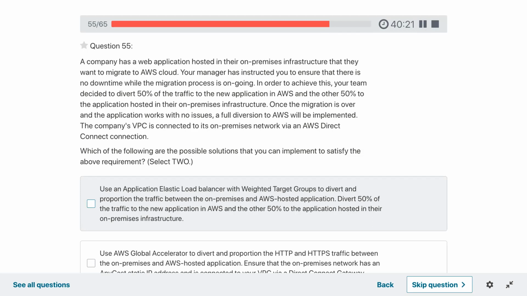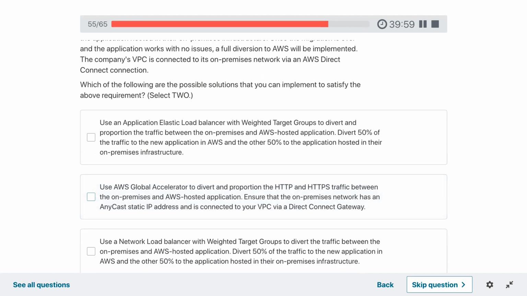Once the migration is over, if the application works with no issues, a full diversion to AWS will be implemented. The company's VPC is connected to its on-premise network via AWS Direct Connect connection. Which of the following are possible solutions that you can implement to satisfy the above requirement?